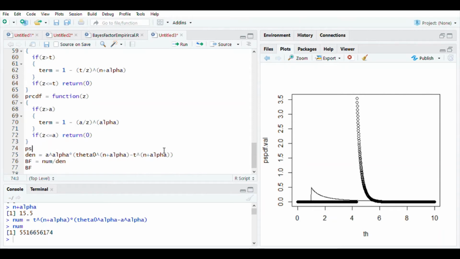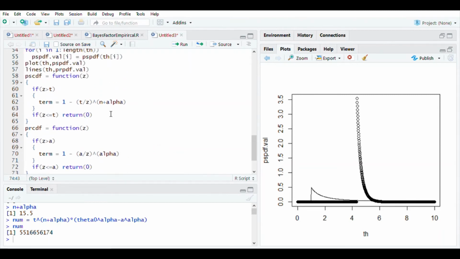Okay, now let us try to correct the numerator, or let us say the posterior odds will be posterior CDF over 1 minus posterior CDF. That means the probability that theta greater than theta naught given x. So that will be 1 minus the CDF at point theta naught, upon the posterior probability of H1, that is the posterior CDF at point theta naught. Okay, so this should be the posterior odds. So let us check whether we get the correct values or not.